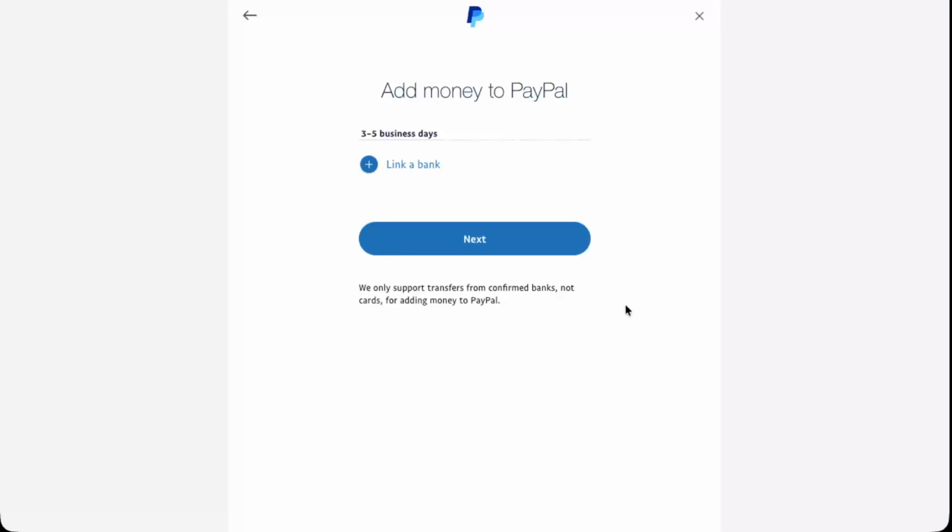After your bank is linked and confirmed, come back to the Add Funds to your balance section, choose your linked bank, enter the amount you want to transfer, and continue until you see the final confirmation screen. That's it. Your transfer will be submitted